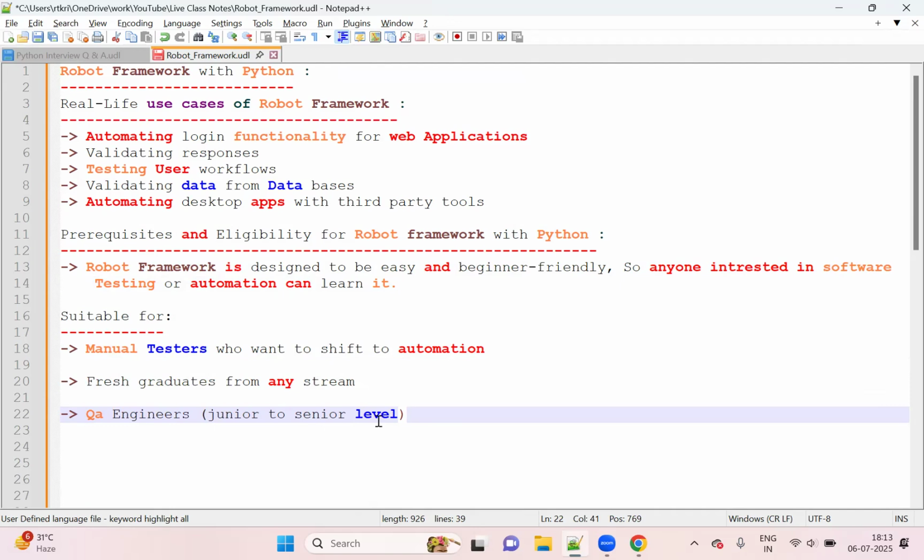If you learn everything and brush up your skills for attending an interview, definitely everyone needs to brush up their skills, because working is different, and saying it in an interview and attending the interview is a different kind of aspect. So those who are already working on Robot Framework can also join here. And the next,